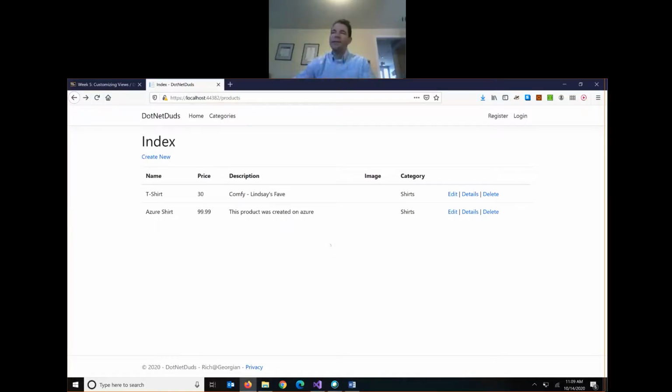Okay, that's a great suggestion, Sierra. Our data list is going to be easier to read if it's sorted from A to Z. What order is it sorted in right now? Yeah, it's basically just sorted by ID. My first product is ID 1, then ID 2. If I go and add a new product in,